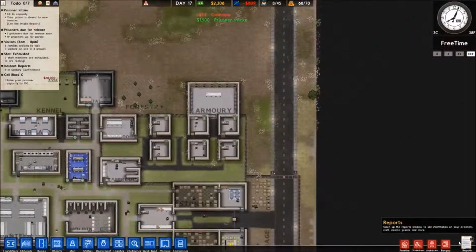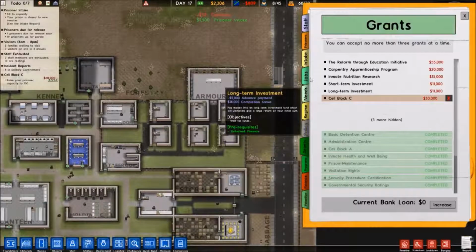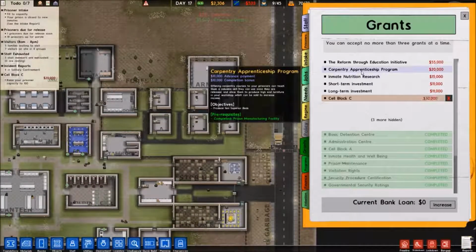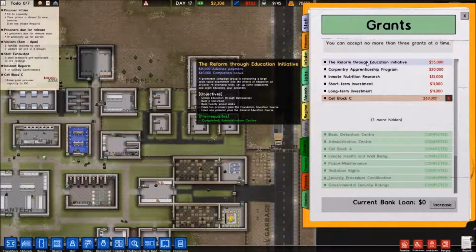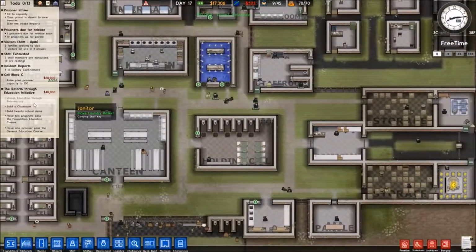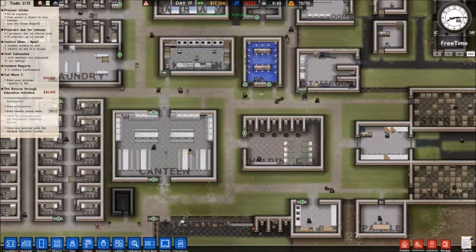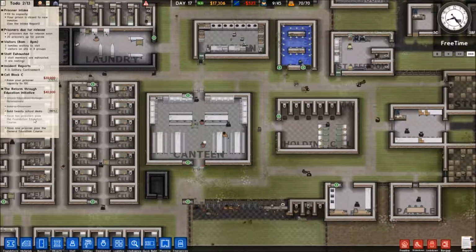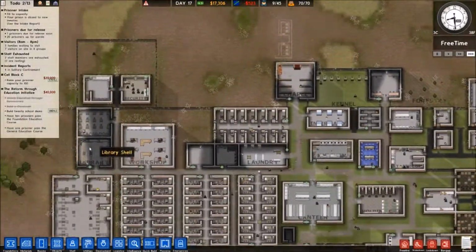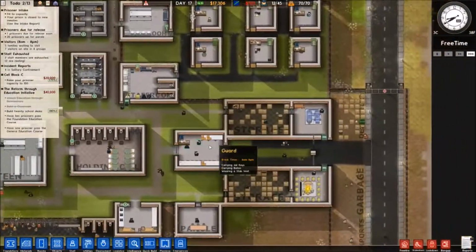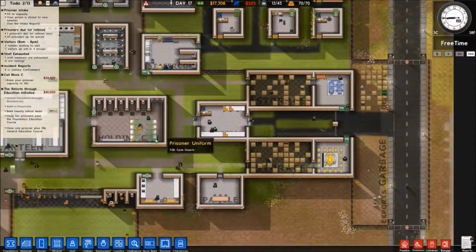And here come prisoners. You know what? I think we can afford to take in some... Ooh, what can we get here? Okay. Let's take this education thing. Have 20 school desks. We have 80% of the 20 necessary school desks. We'll have to build some more eventually, but whatever. Maybe another classroom, or maybe infill the empty spaces.